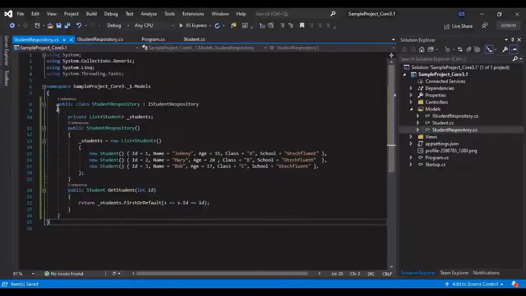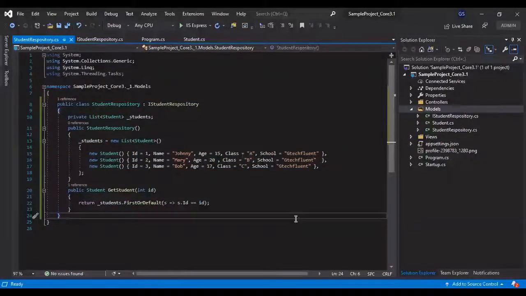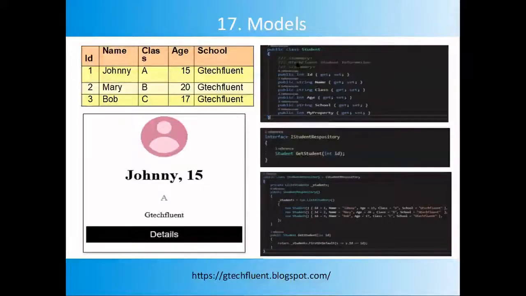So we have now provided the implementation of our GetStudent method. In our next video on understanding the controller, we will implement the dependency of this class and fetch data into the controller. So as of now, we have created the Student class to represent the data, and we have implemented the interface to process or manage the data.